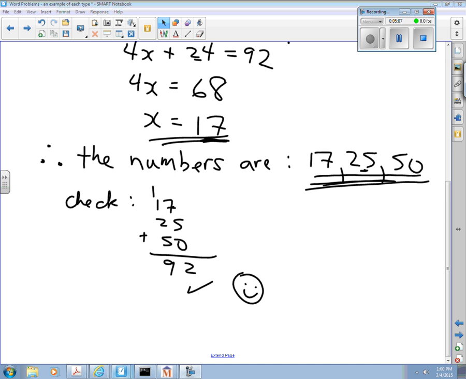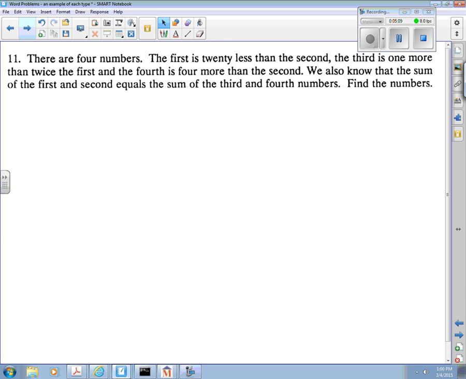Okay, one more example of this type of problem. There are 4 numbers. The first is 20 less than the second. The third is 1 more than twice the first, and the fourth is 4 more than the second. We also know that the sum of the first and second equals the sum of the third and the fourth. Find the numbers. That's a lot of English to plow through, but once you take a look at it, again,